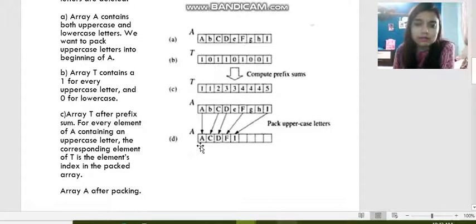So for every element of A containing an uppercase letter, the corresponding element of T is the index in the packed array. So what we have done is removed the repeated numbers, and we have kept all the indexes at the beginning. So we will get all the uppercase letters at the beginning of the array. So using the prefix sum we can perform this type of application.